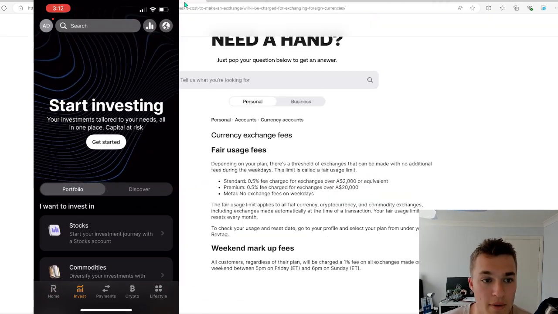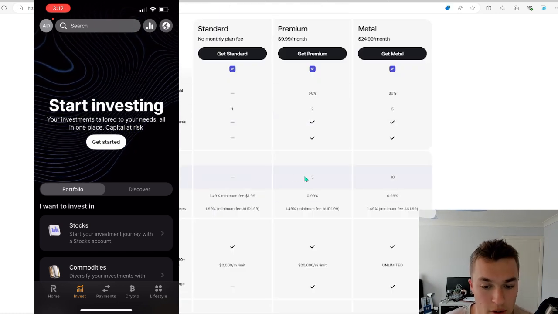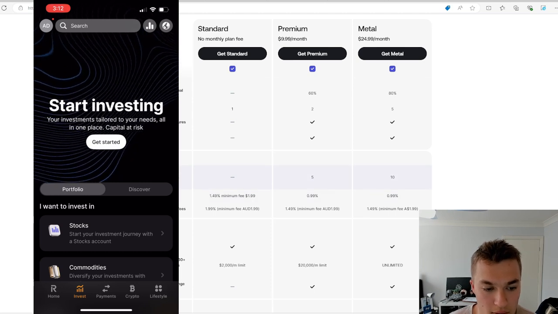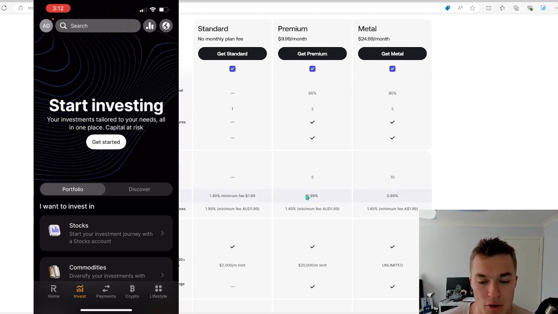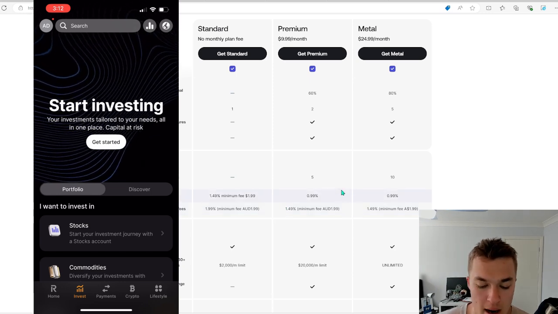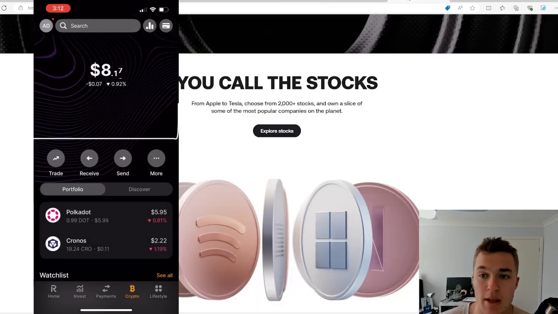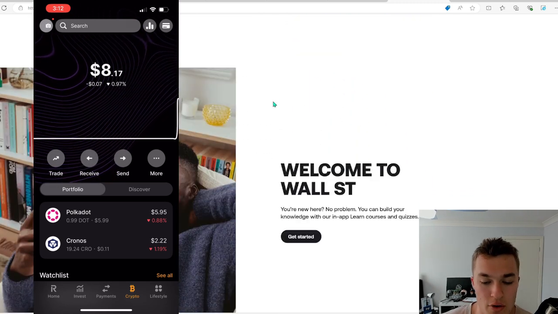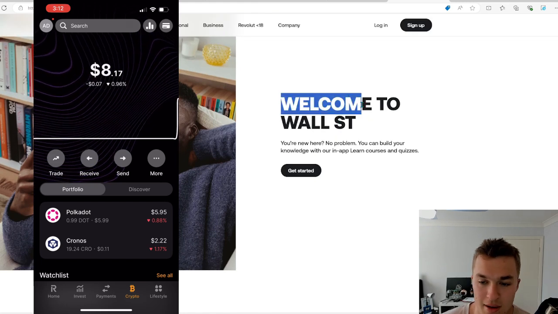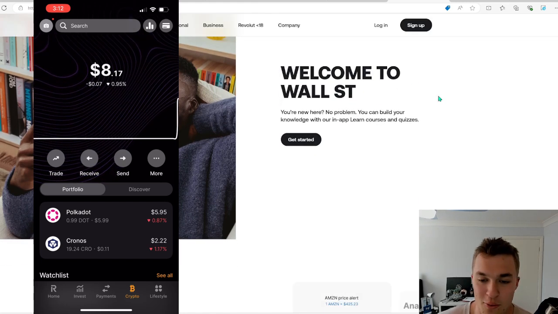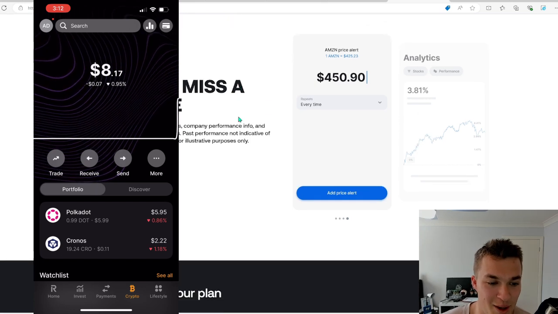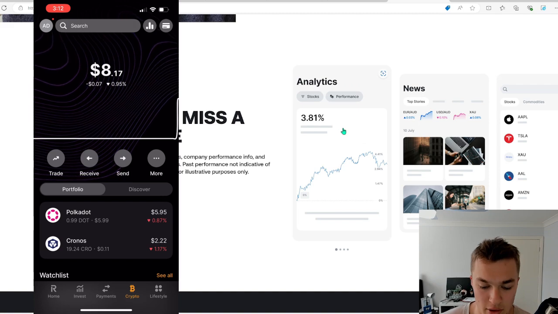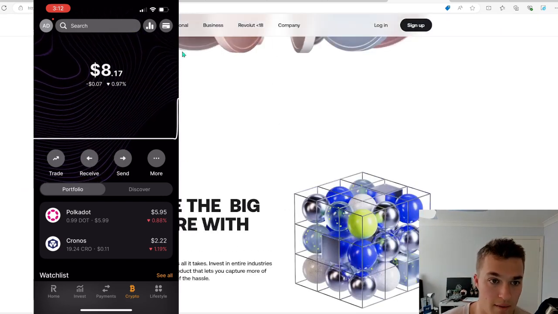Now, of course, as we're talking about fees, fees for commodities are 2%, crypto 1.5%, and stocks depending on the commission. And then of course that can be reduced if you upgrade to more premium plans, but we're not going to be doing that. I think for investing for beginners, yes, you can trade ETFs, so that's like your S&P 500. Welcome to Wall Street. That's just not the best idea. Don't get into Wall Street and investing if you're new. They have analytics, things like that, if you're into all that, but honestly it's just a bunch of jargon.